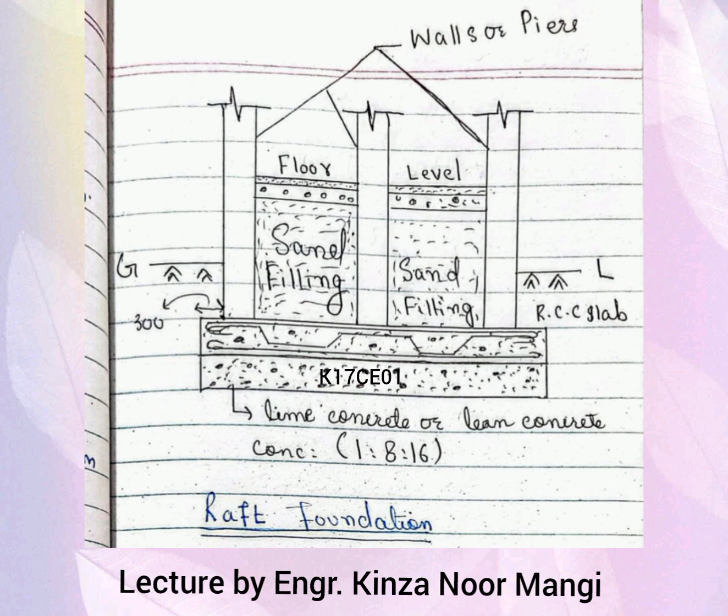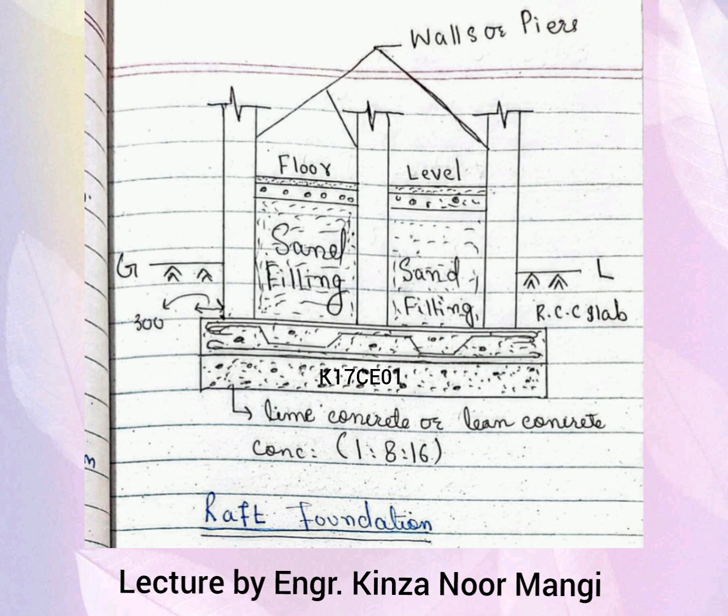They are used when columns are closely spaced with each other. Raft foundations have the advantage of reducing differential settlements, as the concrete slab resists differential movement between loading positions. They are often needed on soft or loose soil with low bearing capacity, as they spread the load over a large area. There is also one more thumb rule for where the raft foundation is used.